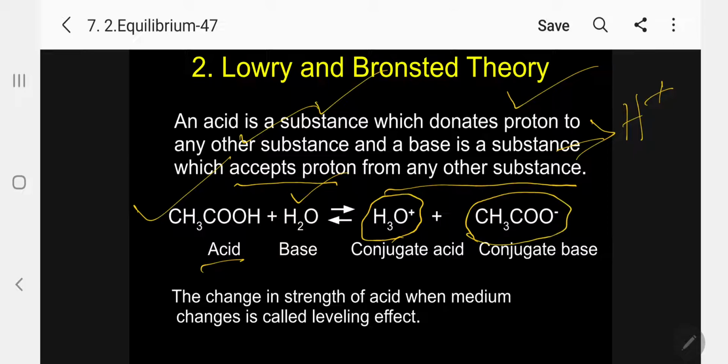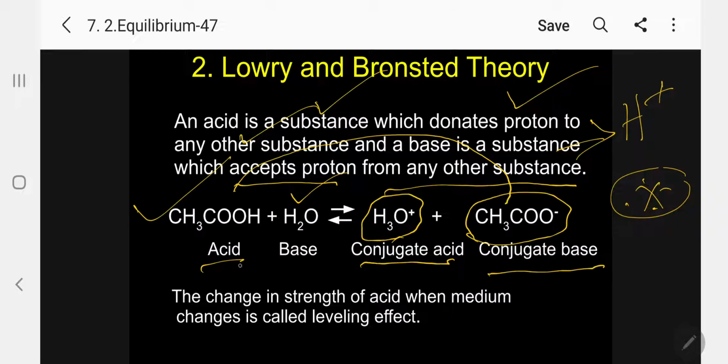Please follow. Now I am introducing two terms: conjugate acid and conjugate base. Very, very important, please remember. What is the meaning of conjugate acid and conjugate base? Or simply they will say conjugate pair. So how can we find the conjugate pair? If we take the acid side and the product side, and they differ by H plus, that pair is called a conjugate pair.